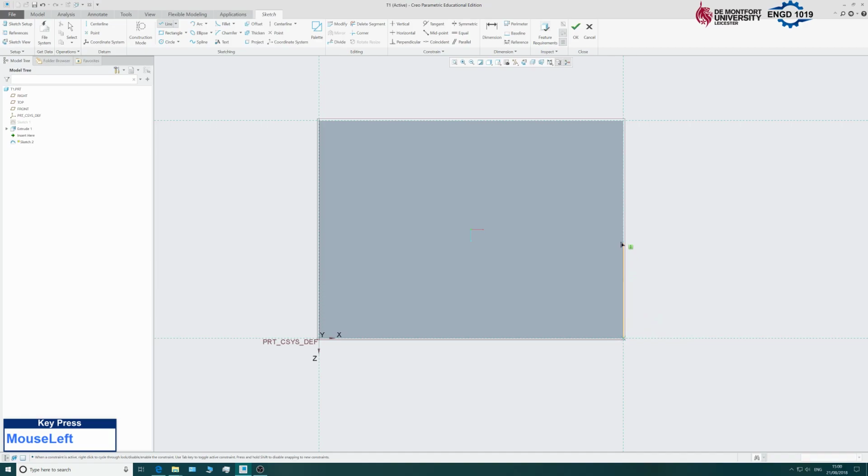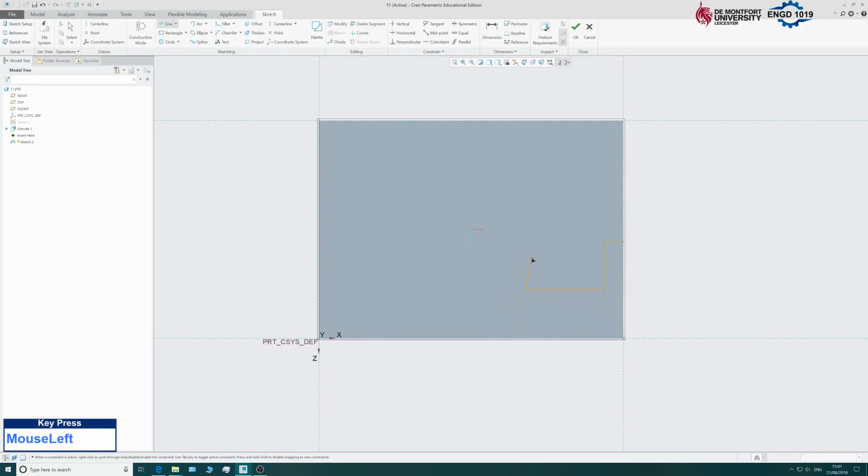Now what you'll find is as you move along these lines, that it will sometimes snap to midpoints. So this can be useful sometimes, but actually in this case, the height for this line is not the midpoint, so I'm going to avoid that snapping effect. Okay, so I'm going to click there. Then that allows me to bring out another line that carries on from the previous line. And so this time I need a horizontal line. And then we come back down, so we've got a vertical line,